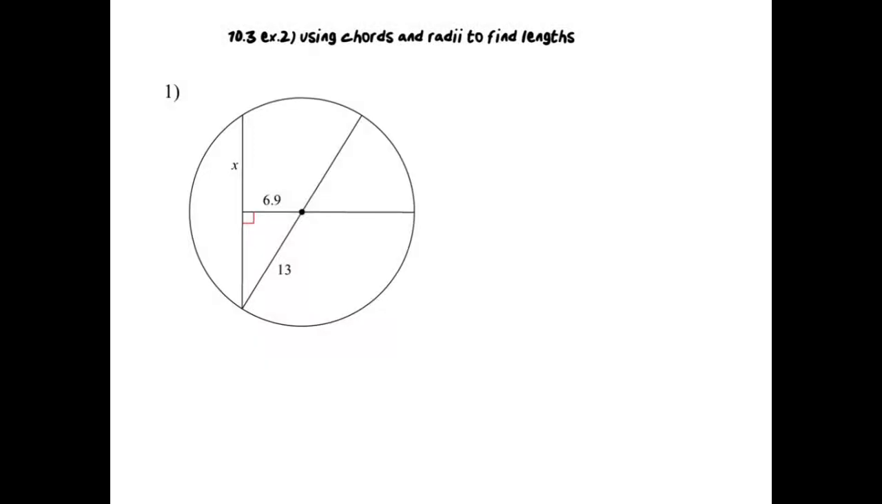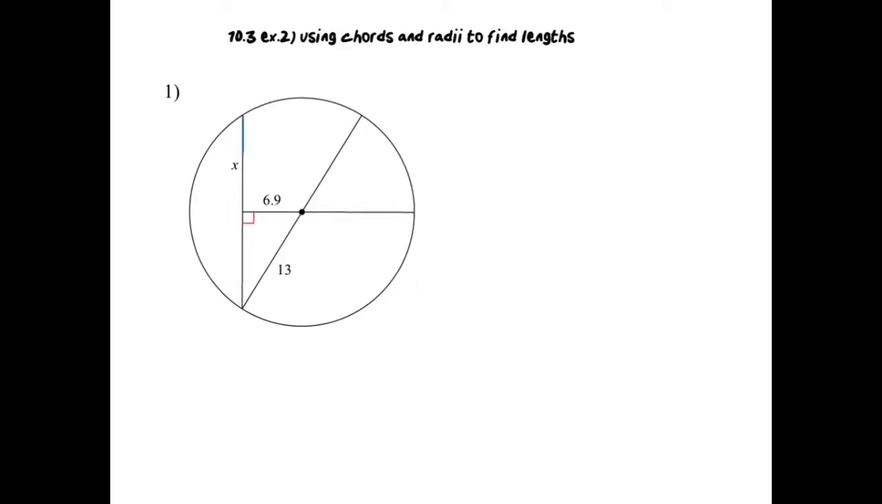Alrighty, I got a couple more examples where we're using chords. This time we're using the chords and a radius, and we're going to be finding some missing segment lengths. Okay, so we're going to try to use the things that we learned in our notes to help us. All right. So the first thing that we're going to do is talk about what we know